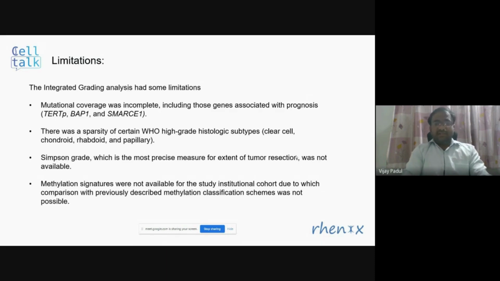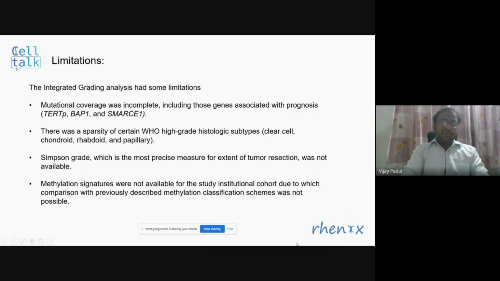All said and done, this system has some limitations. The limitations are that the mutational coverage was incomplete. That means some of the significant mutations were not covered in many samples, that is TERT promoter mutation, BAP1 mutation, as well as CDKN2A mutation. And also certain subtypes of WHO high-grade histological grade, that is clear cell, chordoid, rhabdoid, and papillary, were underrepresented in this sample cohort. So for those, how applicable the system is, it is not